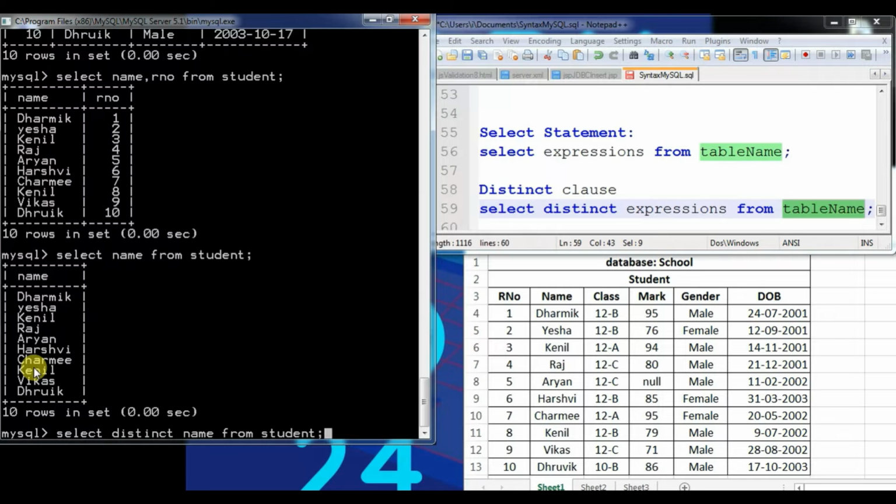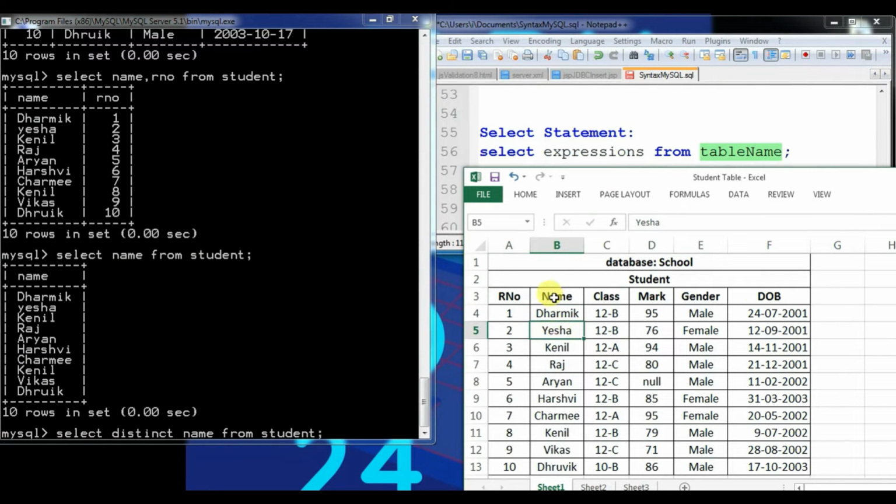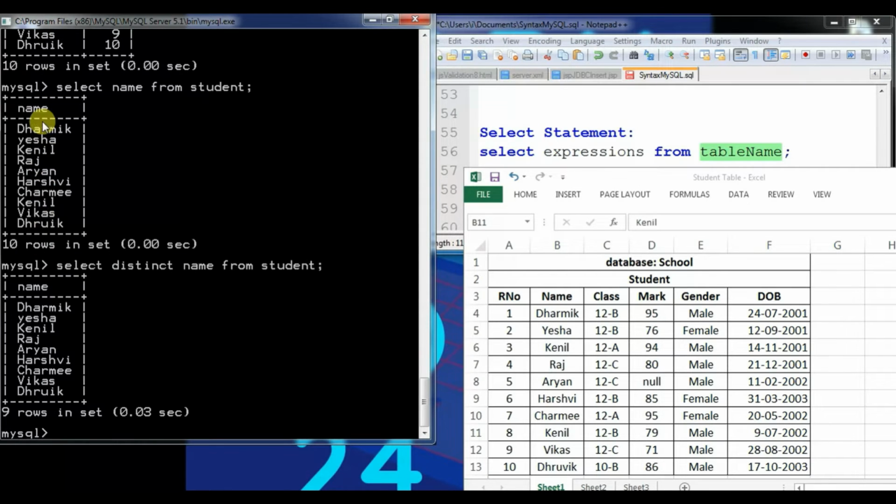Can you guess what is going to change? See in the table, from the particular name field we are going to check how many unique values there are. If you look, Kanil and Kanil, a total of 2 times Kanil is repeated. So just check that, select distinct name from student. I am going to press enter. Previously we had a total of 10 records, right now 9. Why? Because we fetch only unique records, and it removes all the duplicate records from the particular field and from the table. So that is how we can use the distinct keyword.